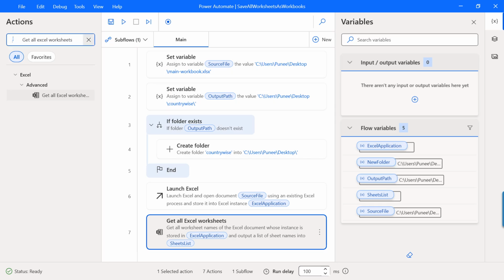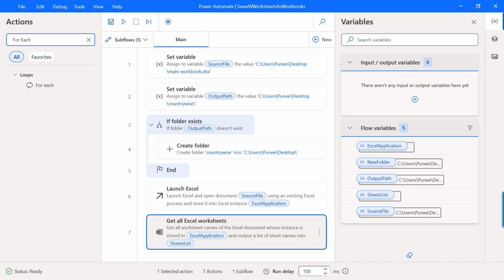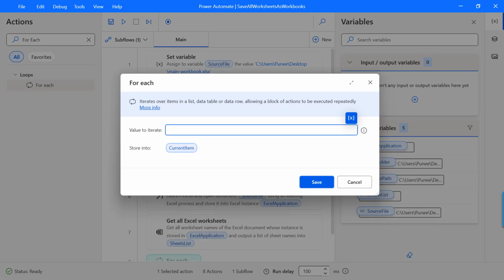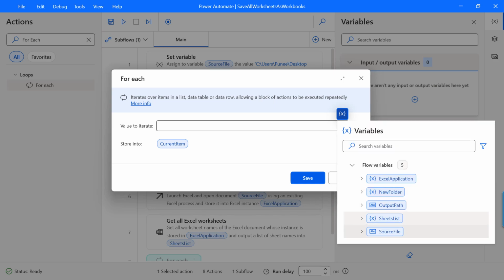So for this, I'm going to use for each loop, for each. That means each worksheet that we have in the source workbook. So I'll take it from here and I'll drop it here. Now it asks me which value I want to iterate. That means what is the list of the values that I want to use for the loops. So list is basically the list of worksheets, and we have a variable where we have all the names of the worksheets. So I'm going to go to my variables, and from here we have this variable that has all the names of the worksheets. So I'm going to select it here,